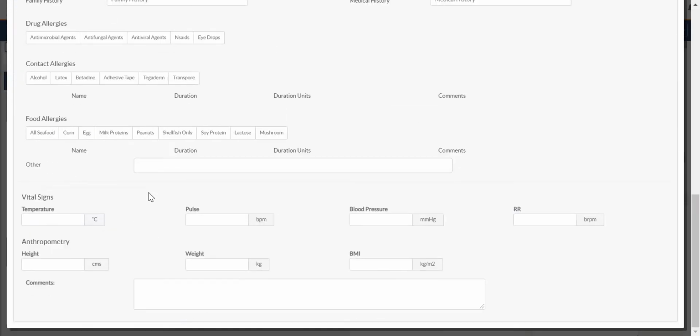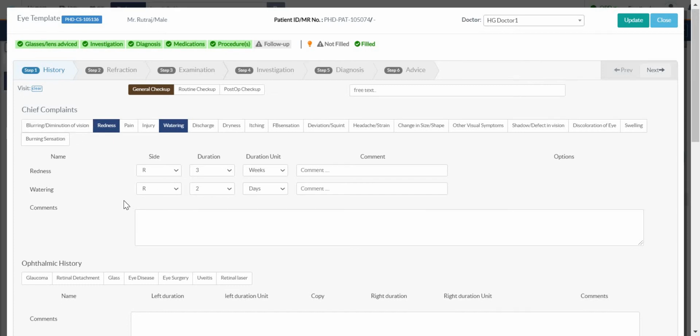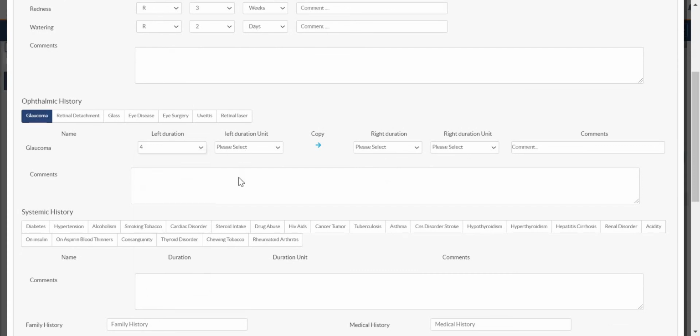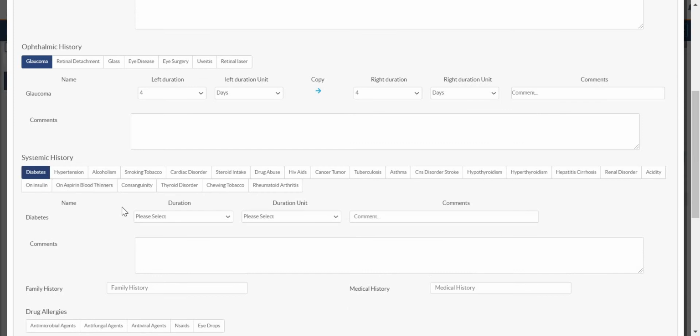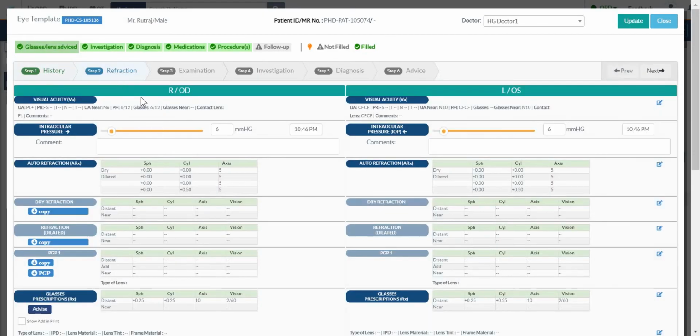Again this becomes completely editable, and if the patient is directly routed to you, then by default it will open this view which we are seeing right now. Capturing information is very easy here. I'm just clicking here to capture, say, a duration, and I can copy and paste it from left to right. Then you can see diabetes is there. All this information is very easy to capture, and you can also simply verify the refraction readings captured by the optometrist or AR user. Simply verify, or if you want to modify something you can edit it again.